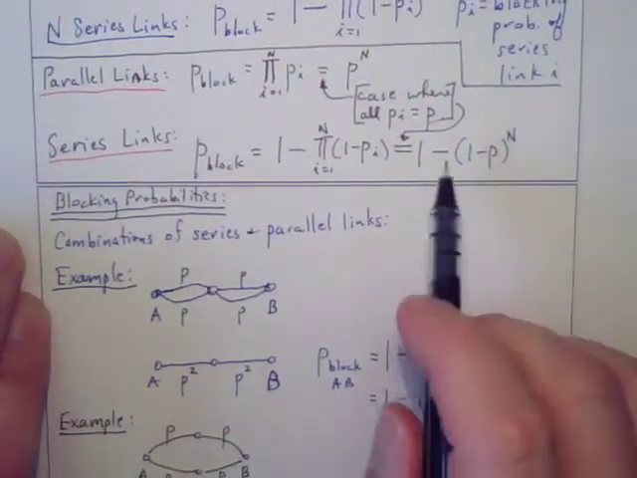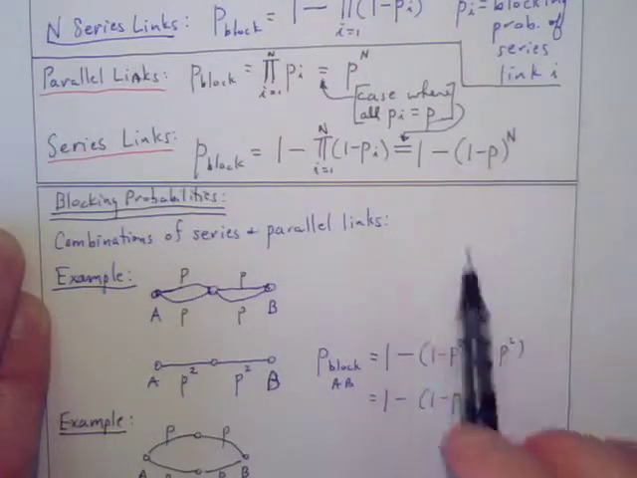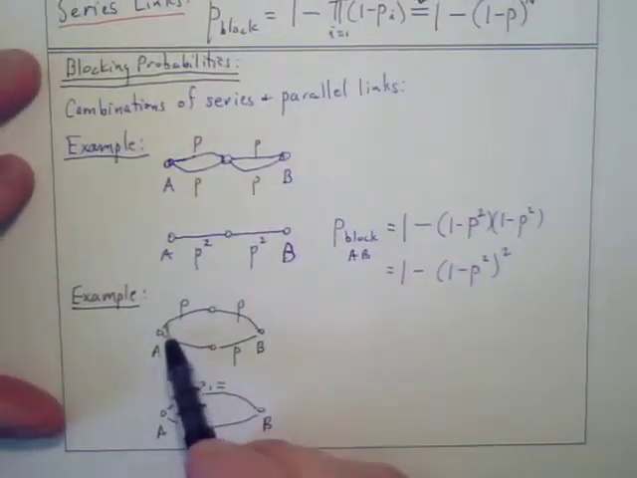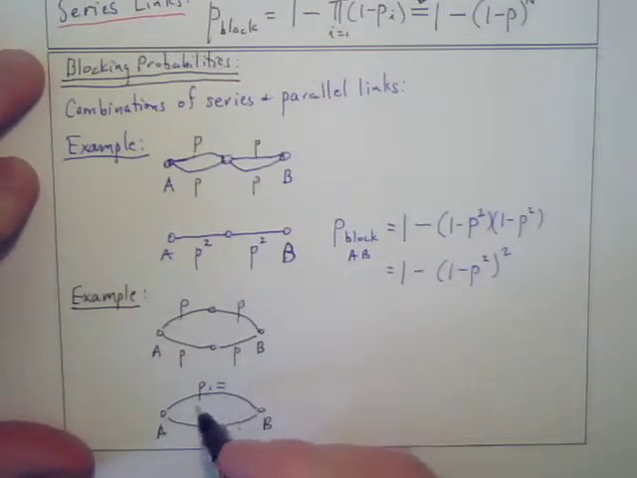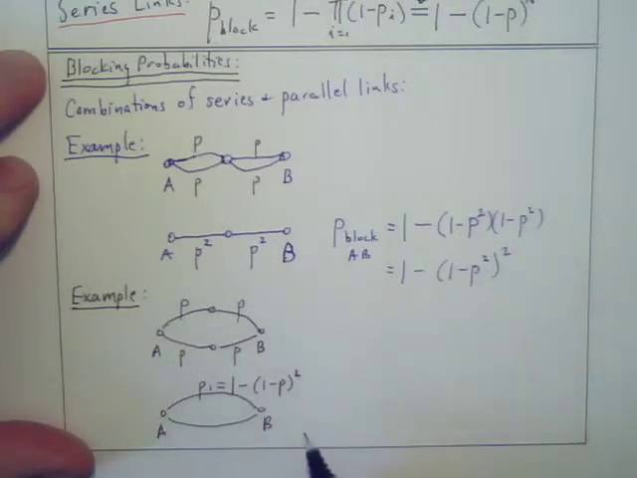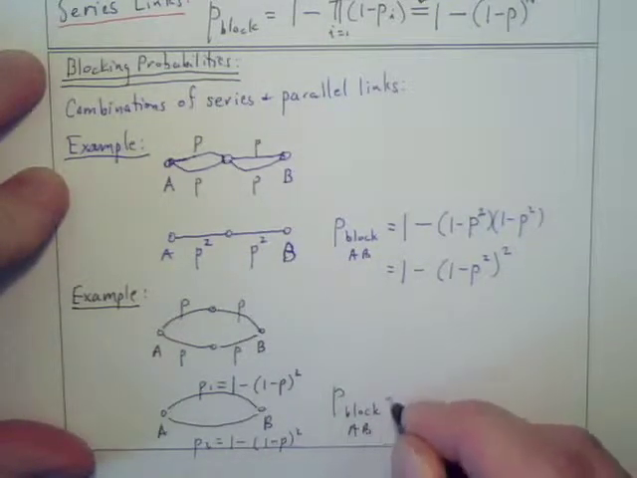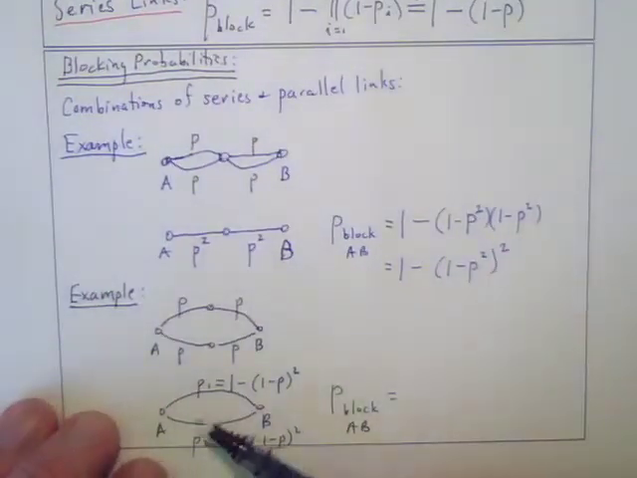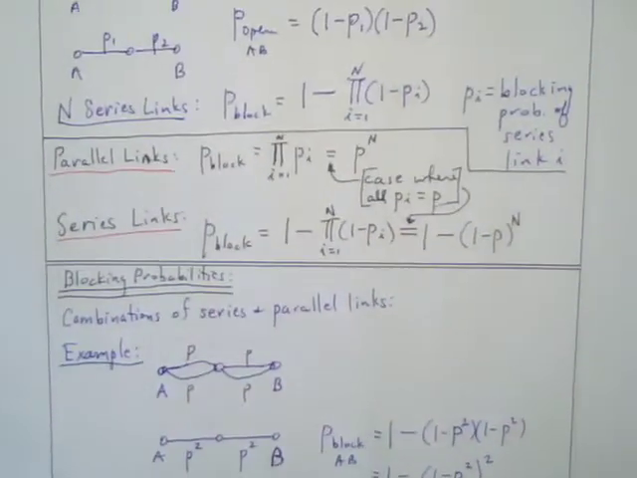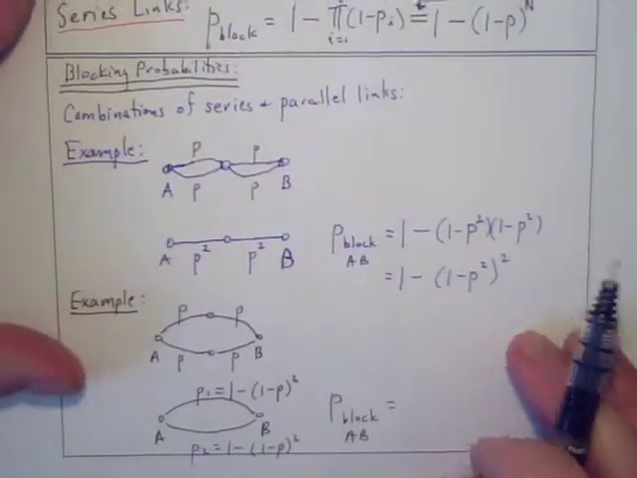And when I have series links, I have 1 minus the quantity 1 minus P raised to the nth. And n is 2 here because I've only got two links in series. And so P1 at the top is 1 minus the quantity 1 minus P squared. P2 at the bottom is the same thing, 1 minus the quantity 1 minus P squared. And so finally the blocking probability from A to B is, now let's see, I've got two links in parallel. When I've got parallel links, I just multiply their probabilities, and I have those two probabilities. So the blocking probability is